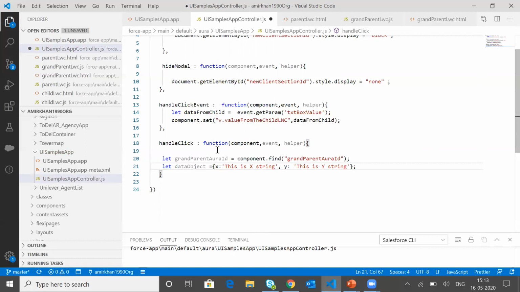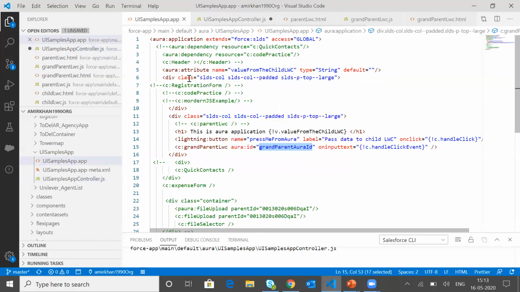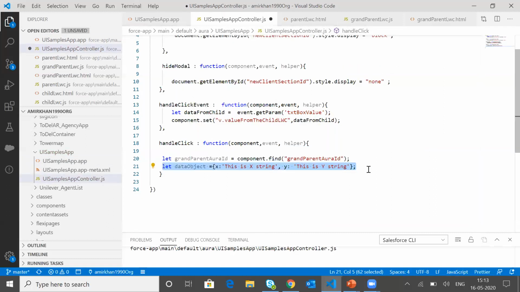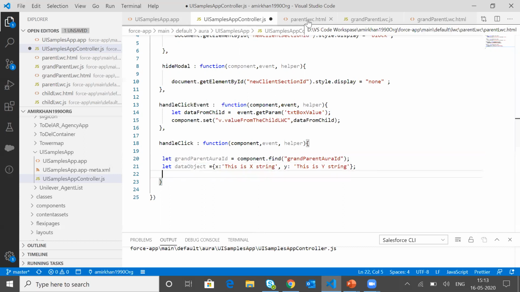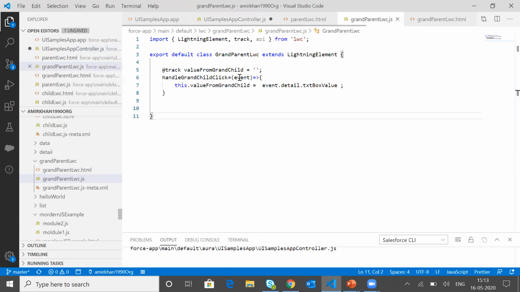Now this is the data that we have prepared, and we can pass this data to the child LWC. In your example, you can get the data from whichever attribute is available in the Aura component, as per your requirement. Right now I'm passing hard-coded data here, and let's say I am going to create one function in the grandparent LWC.